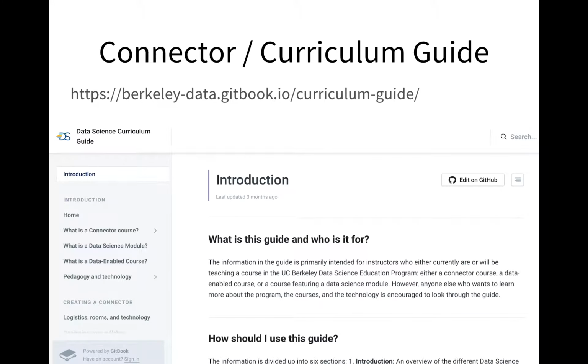Okay. I'm also going to make you go here. This is our documentation write-up page. I'm going to send you all these links at the end, and we'll have some computing time. We have a guide that has everything written up. It's called the curriculum guide. It has a bunch of stuff, like what it's like to be the GSI deploying this in a class. It was originally written for Connectors, but everything basically works for you as well. Most everything I'm covering today and a bunch of your most important questions are going to be in this online book that has references to stuff.